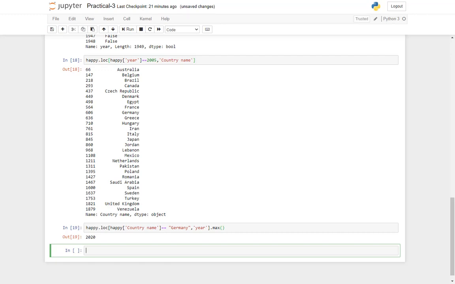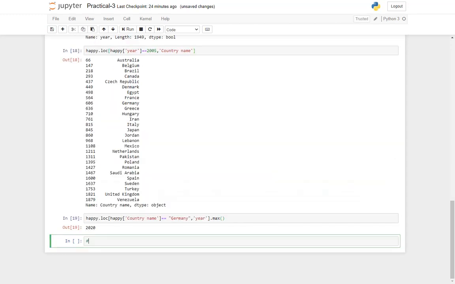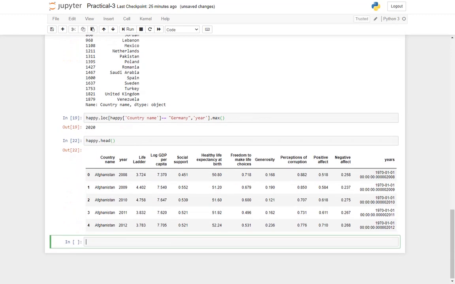Now let's say I want to change the format of the year, I want to change the format and make it into, I'm not sure whether, okay, so that date time we will look into, okay, just a second. Okay, so this is a data frame, right?